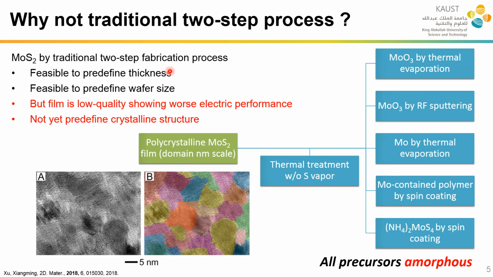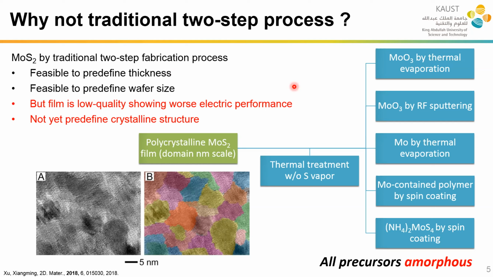But currently we found that most of these two-step processes give the 2D semiconductor relatively worse electrical performance. The reason is the crystalline structure is even worse than the CVD polycrystalline film, because the grain boundary intensity is much higher. So we try to figure out why the two-step process cannot give a higher quality 2D semiconductor